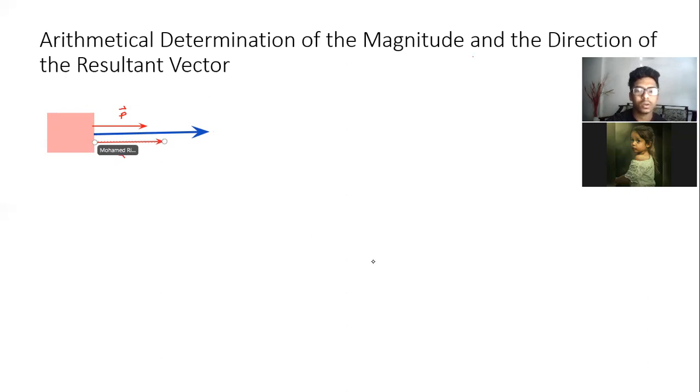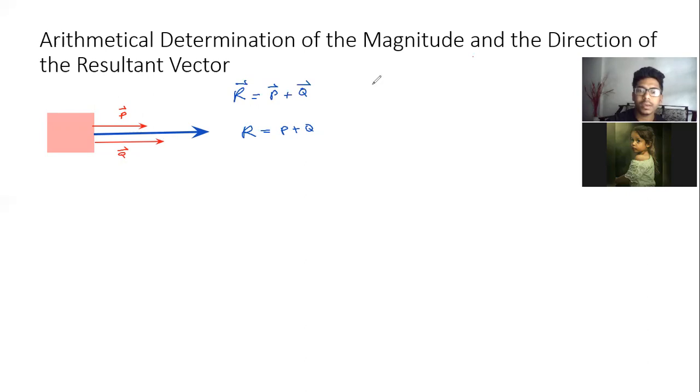So the resultant R is the addition of two vectors. R vector is equal to P vector plus Q vector. This is vector addition. And the arithmetical determination, that is the value R equals P plus Q, and the direction,